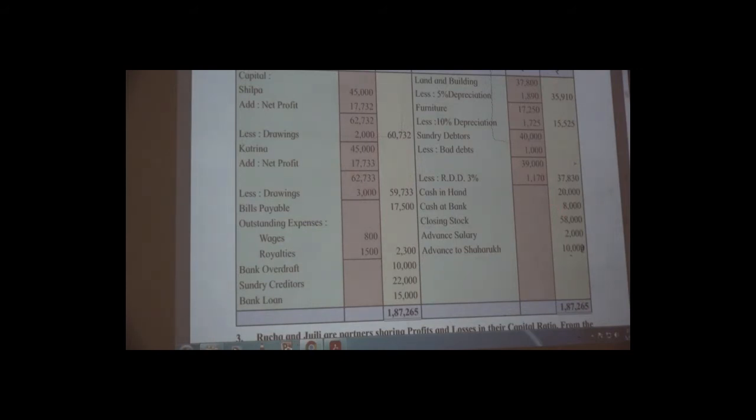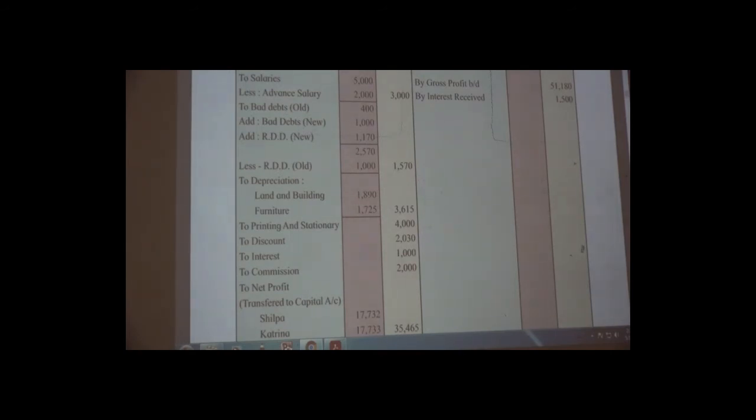Then see in the question our next item is interest. So interest, which type of interest is it? Just now we have discussed the discount. Same. Only this interest is given to you. See its side and then decide which type of item it is. Interest, if it is given on the debit side, it means it is interest paid, and if it is given on the credit side, it means it is interest received.